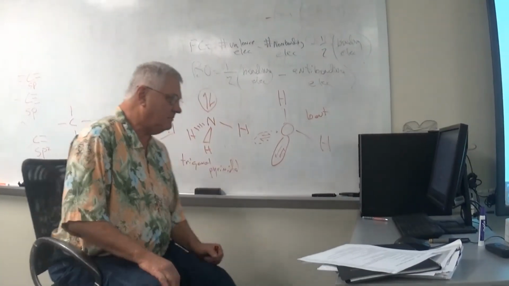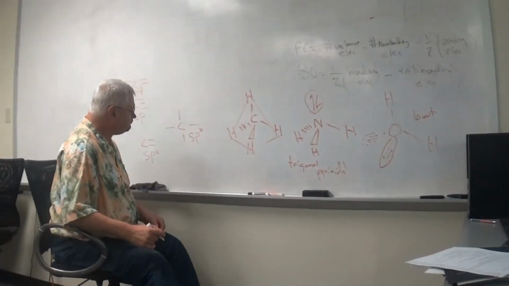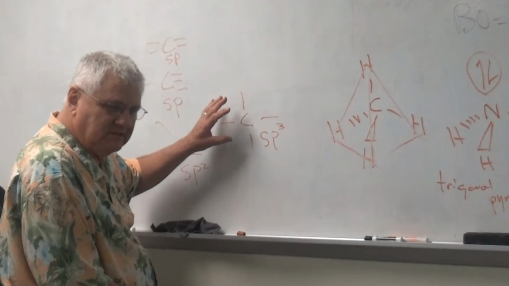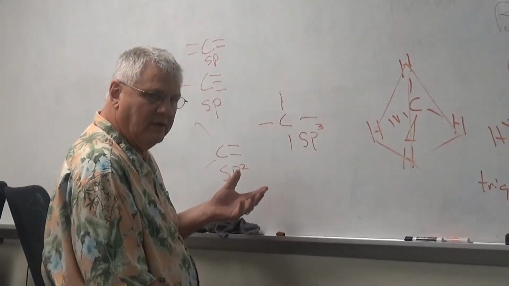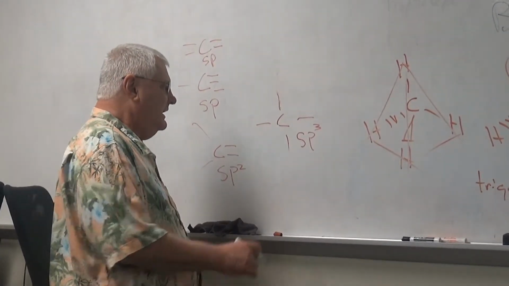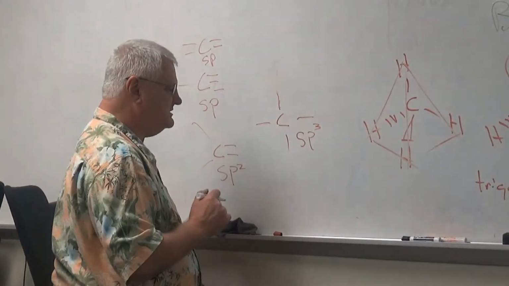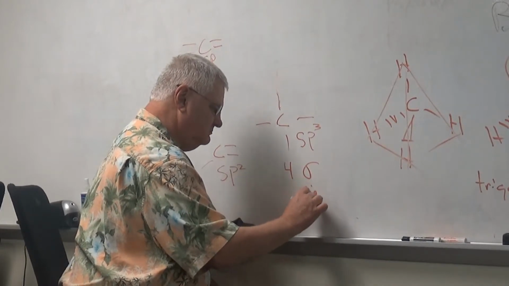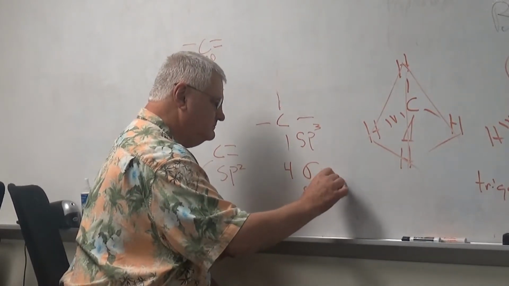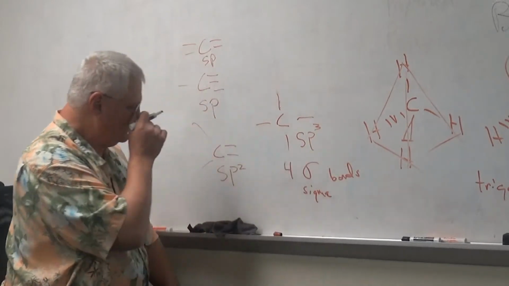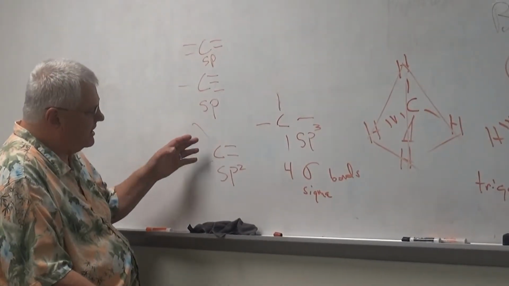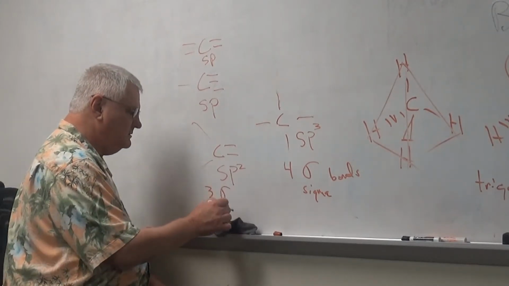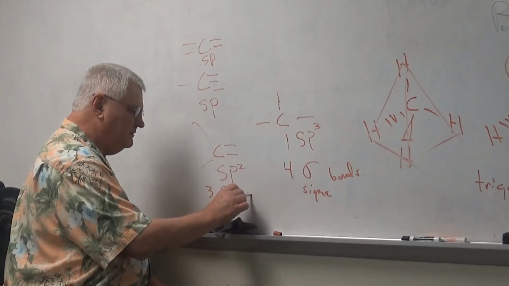What about sigma and pi bonds? Well, we'll just take carbon as an example, but it applies to other elements too. If carbon has 4 single bonds, it's got 4 sigma bonds. These are head-on, okay? If carbon has a double bond and 2 single bonds, it's got 3 sigma bonds and then 1,